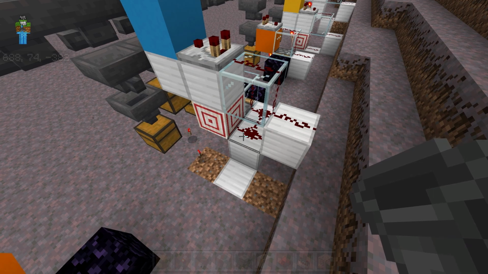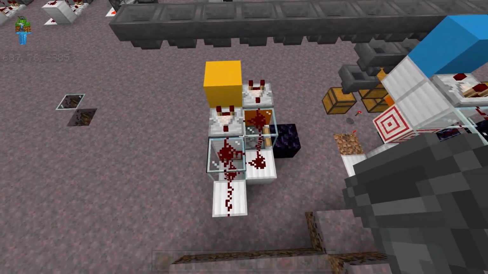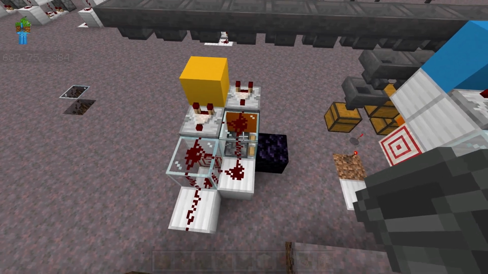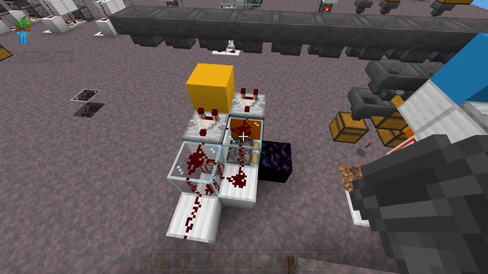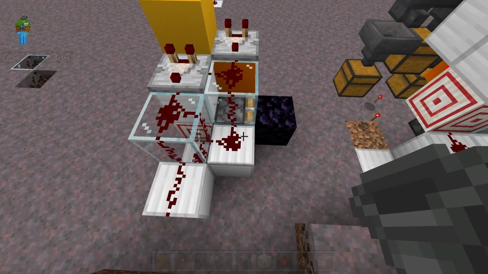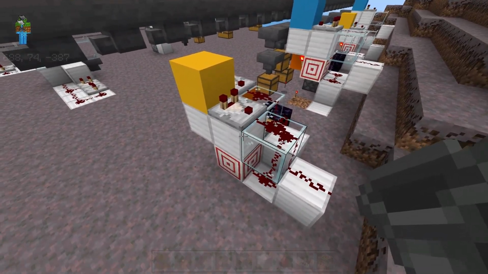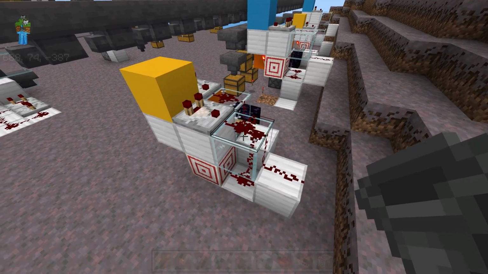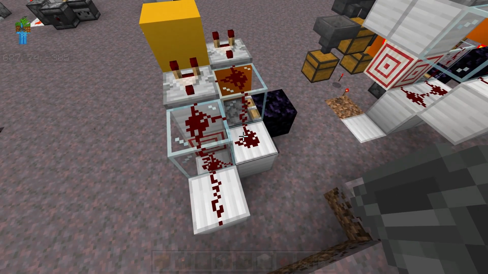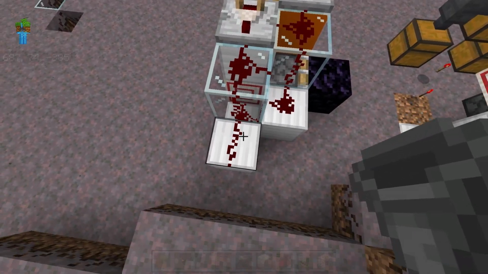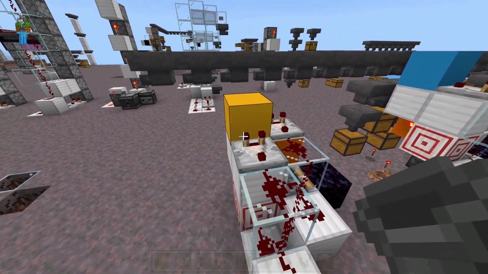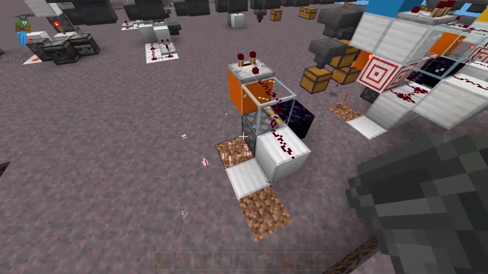Now when it comes to the overflow protected and non-overflow protected, they cannot go next to each other. Now the orange non-overflow protected usually doesn't reach a signal strength of 3, so most of the time it will be fine. But when it overflows, it will reach a signal strength of 3, which will then activate the other item sorter. But the yellow overflow protected one will just constantly activate the non-overflow protected design at a signal strength of 2, and it will always have a signal strength of 2 once you load the item being sorted. So you definitely can't build those next to each other.